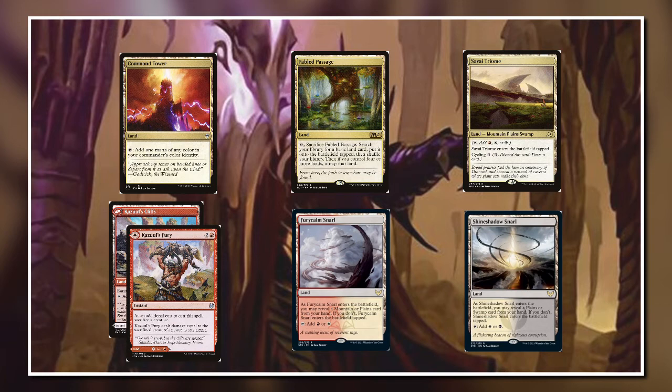It taps to add a red and enters the battlefield tapped, but on the front face side, it's a 3 mana instant that we can sacrifice a creature and then deal damage to any target equal to the sacrificed creature's power. Furycalm Snarl taps to add a red or white,